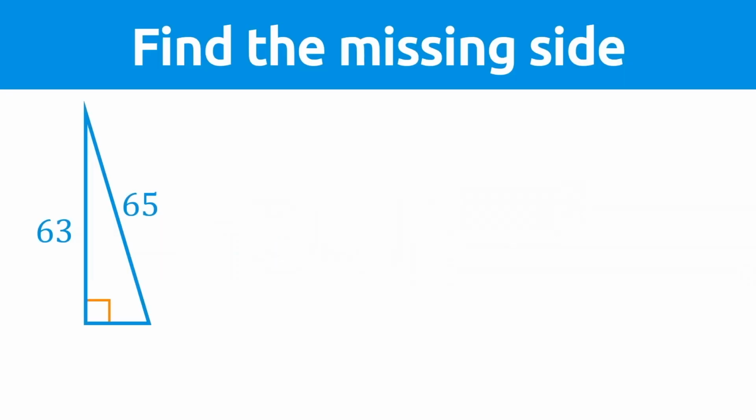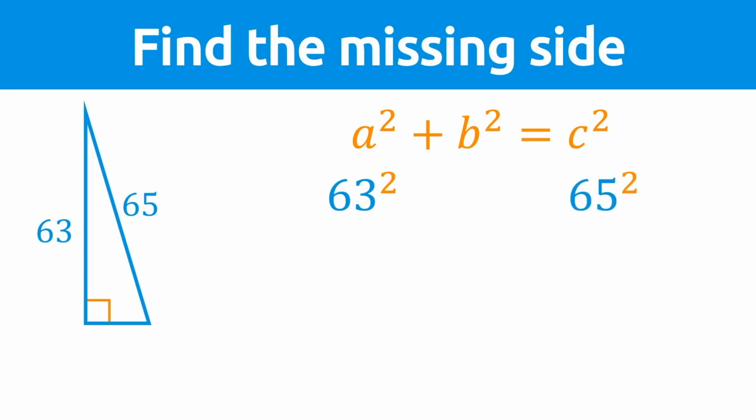Let's find the missing side of this right triangle. Again, we'll use the Pythagorean theorem, but let's make sure we know which side is which. The 63 is a leg, so let's call that A. The 65 is across from the right angle, so it's the hypotenuse and it has to be C. Plugging in our lengths, we get 63 squared plus b squared equals 65 squared. That gives us